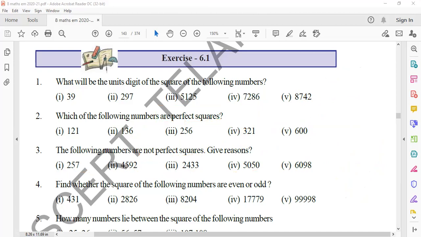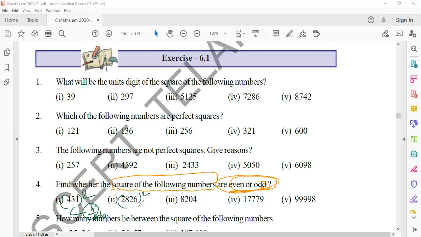Okay. Next, what is the next method? Whether the squares of the following numbers are even numbers or odd numbers. This we can do out. Whether the square of a number is an even number or an odd number. First, what you have to do: if you square it, what number will come? 1 times 1 will come, last digit 1. So is 1 an even number or an odd number? Odd number, you can say odd number.